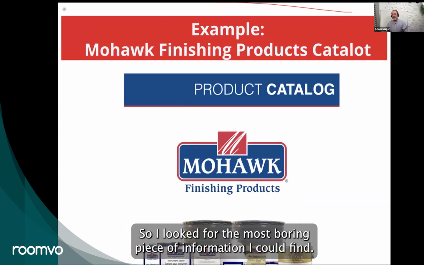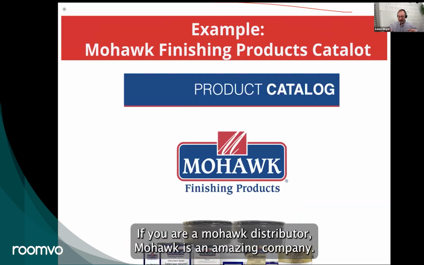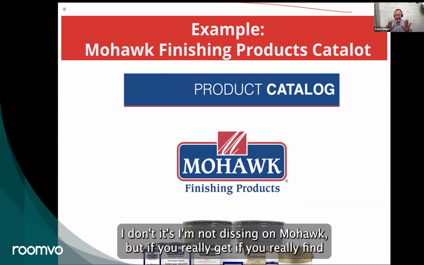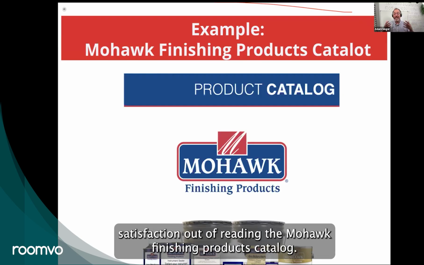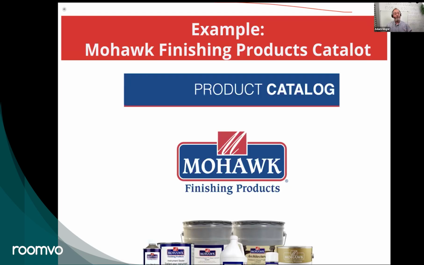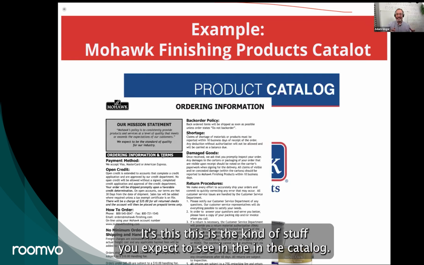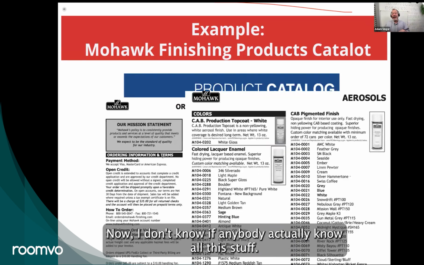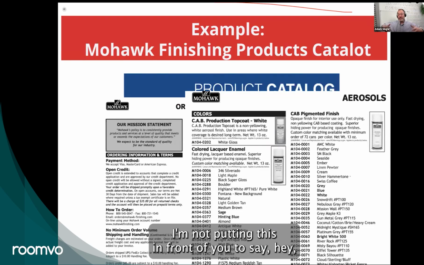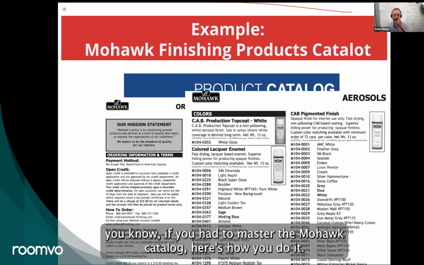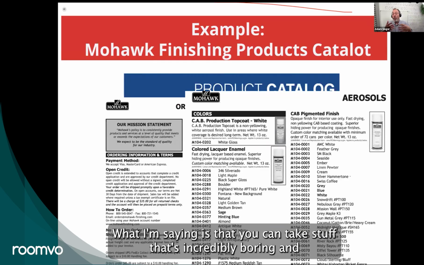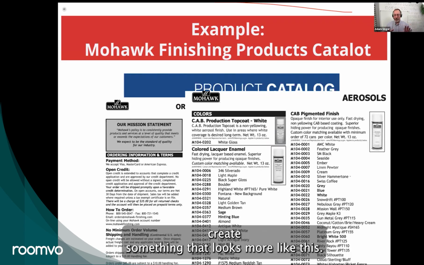This is the example. Okay, so I looked for the most boring piece of information I could find. If you are a Mohawk distributor, Mohawk is an amazing company. I'm not dissing on Mohawk, but if you really find satisfaction out of reading the Mohawk finishing products catalog, man, my hat goes off to you. Because when I go through this, you have your ordering information. This is the kind of stuff you expect to see in the catalog. Now, I don't know if anybody needs to actually know all this stuff. I'm not putting this in front of you to say, hey, if you had to master the Mohawk catalog, here's how you do it. What I'm saying is that you can take stuff that's incredibly boring and create something